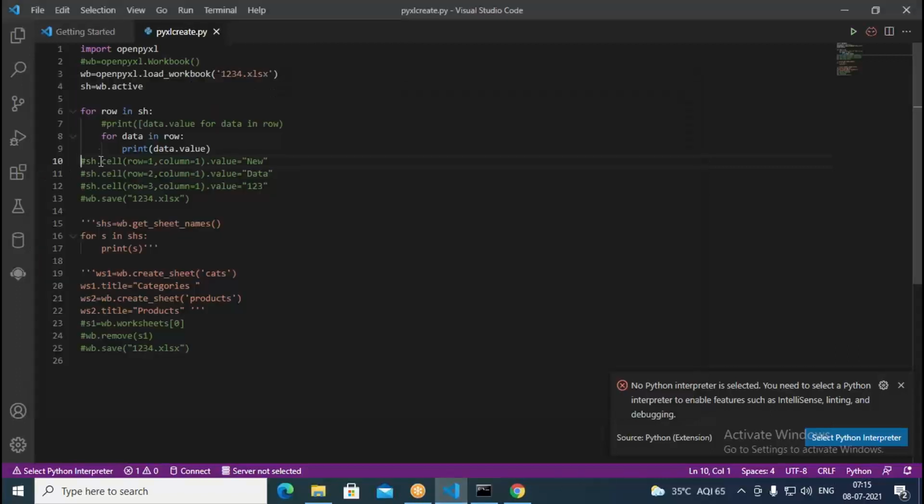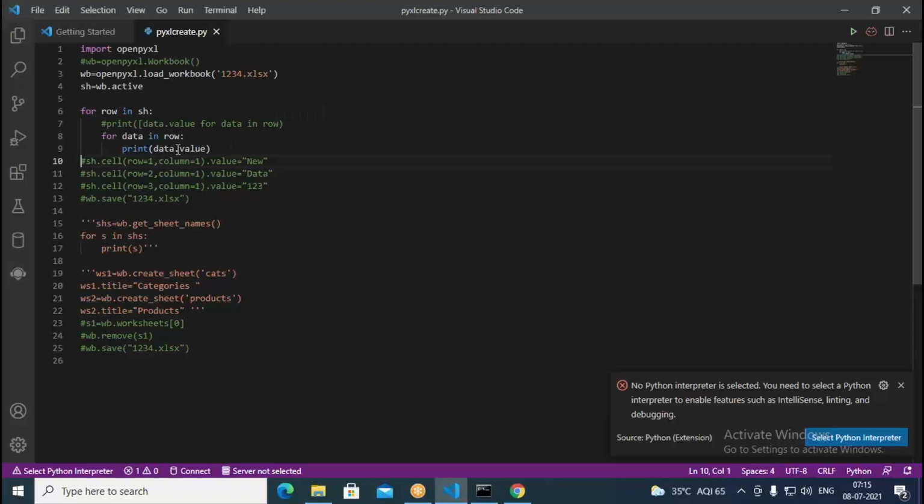So with the earlier syntax, what is happening? We are printing all the row's data like a list, everything in a single row, with all values in square brackets.